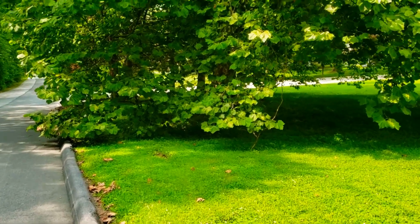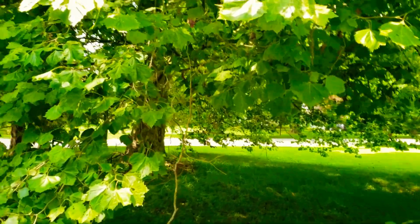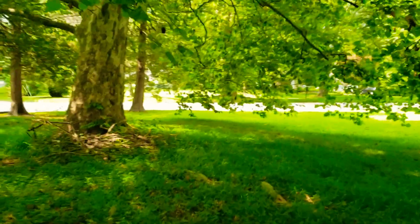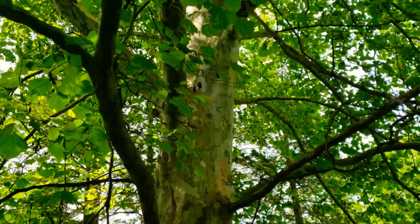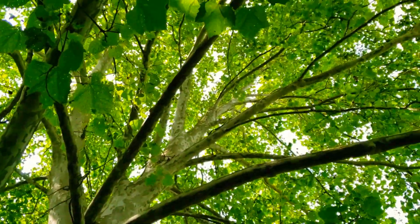Let's go in here and just take a look at the structure of this tree. Now, the idea about these leaves just acting as a solar collector can kind of inform us on how we can best prune a tree. So I'm not sure if he cuts this or not down here, but let's look at the structure of this tree here. Now, you could go up there and thin that out a little bit